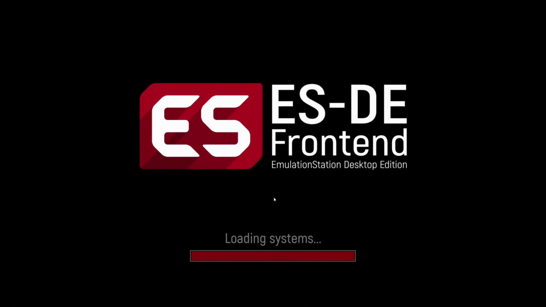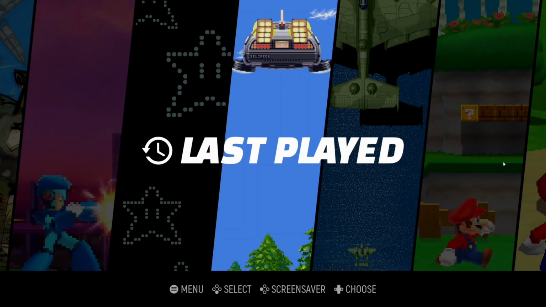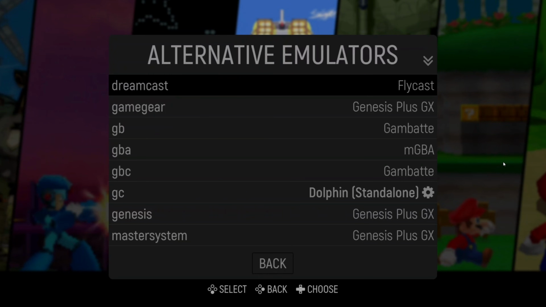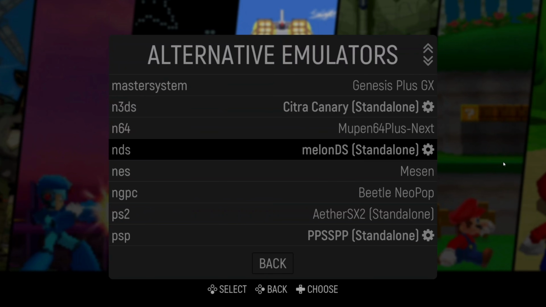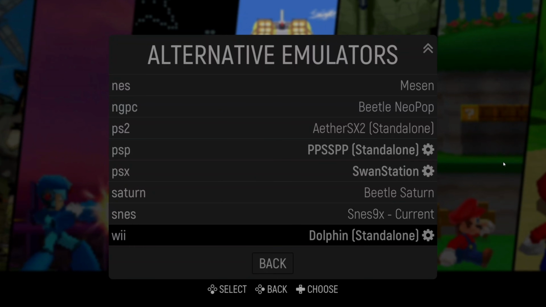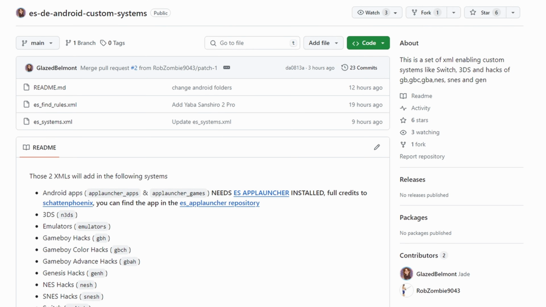Now, as of EmulationStation version 3.0.019, which is this video's release, the developer decided to remove Yuzu as an emulator option for Switch games, for obvious reasons, but we can add it back. There's two files that you just need to add in. I'll leave a link in the description to the two files, and you just need to drop them into your